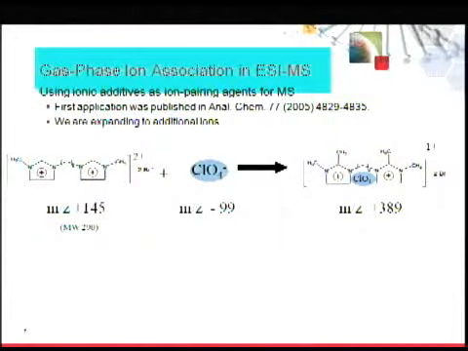Again, what we've done with ionic liquids, we've taken the dicationic ionic liquid with a 2+ charge, and in this particular example, we'll look at perchlorate. In the gas phase association, basically we run the LC, we run it through the column, and then you add in your dicationic liquid and you form an ion pair reagent. Coupling the dicationic ionic liquid with the anion, you form a 1+ charge. So you're able to look in the positive ion mode using the ionic liquid in this ion pair coupling, and you get much greater sensitivity in our mass spec analysis.